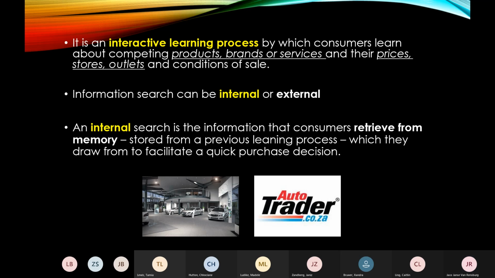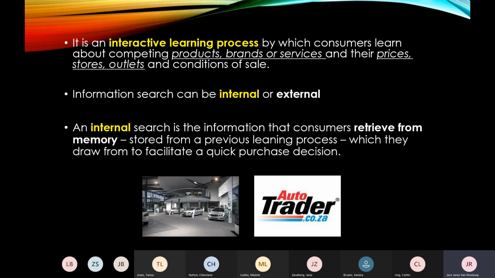Information search is also internal or external. The internal search for information refers specifically to what you have in your memory and retrieving it from your memory. What you've stored in your memory is based on the previous learning that you have experienced. If you've bought a vehicle before, you've had a similar situation before, that would be stored in your memory, and